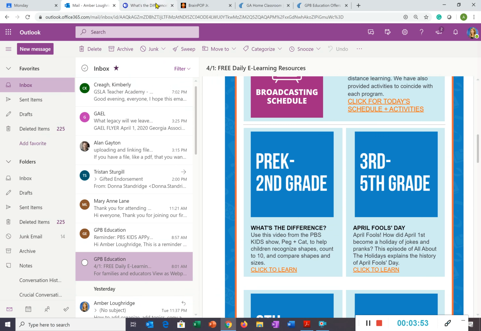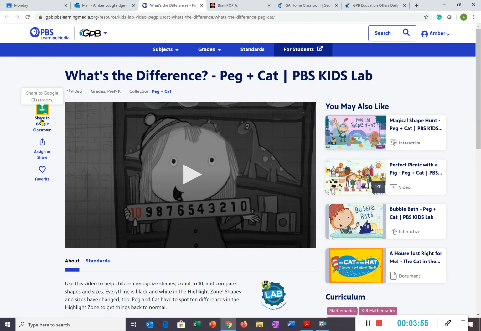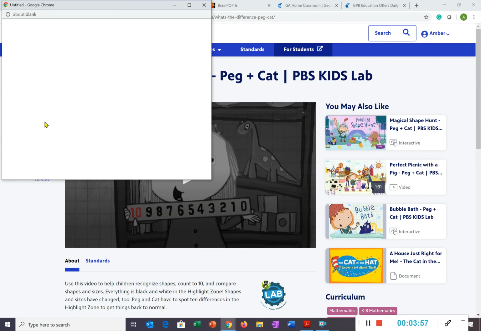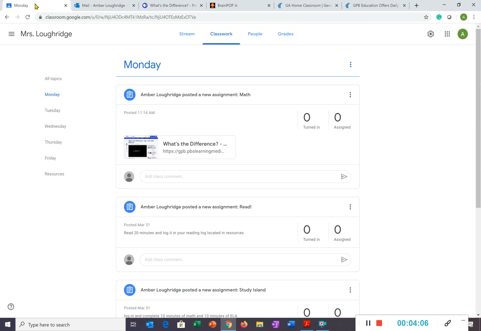Now here's the really awesome part. There's a share to Google Classroom. All you have to do is click it, tell it where you want it to go, and it will go right into your assignment, which I have already done, and that is,